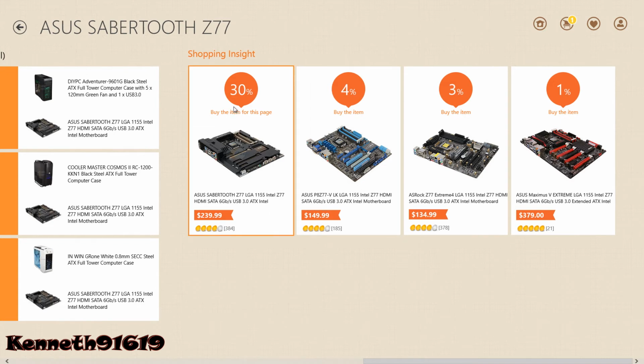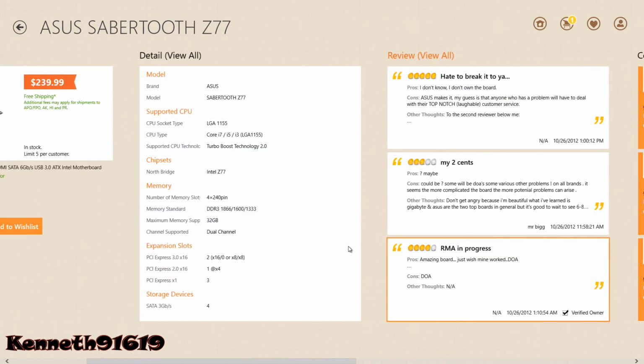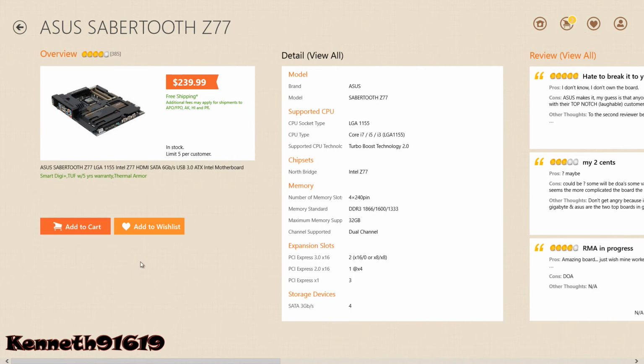And these are your shopping insights. It's pretty much giving you a percentage of customers that bought this product, 30%, 4%, 3%, and so forth. But if you add this to cart, in your top right hand corner you have a couple of quick hot links, or whatever you want to call it: home key, shopping cart, favorites or wish list, and my account. So click cart,